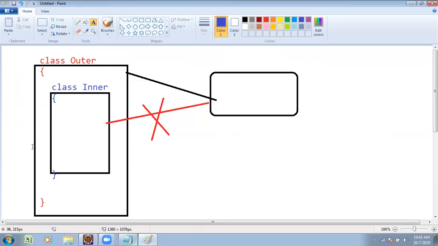So where can we implement this logic in real time? Suppose you wanted to give your attendance, or you wanted to make a transaction. What do you have to do? Can you deposit the cash from home? Sitting at home, can you update your balance? Not possible. What you have to do? The customer must go to the bank. Bank is an outer class.